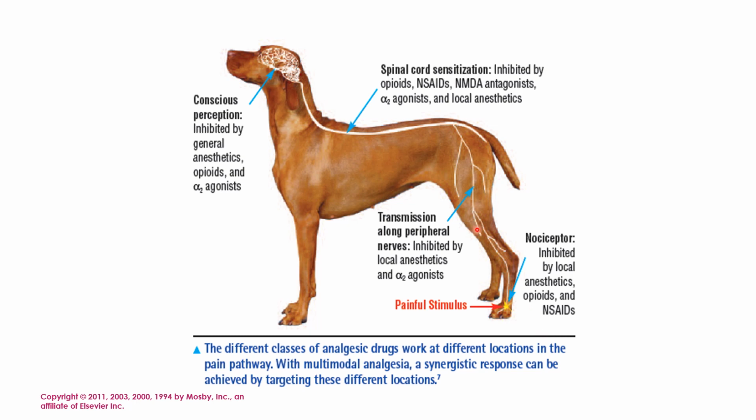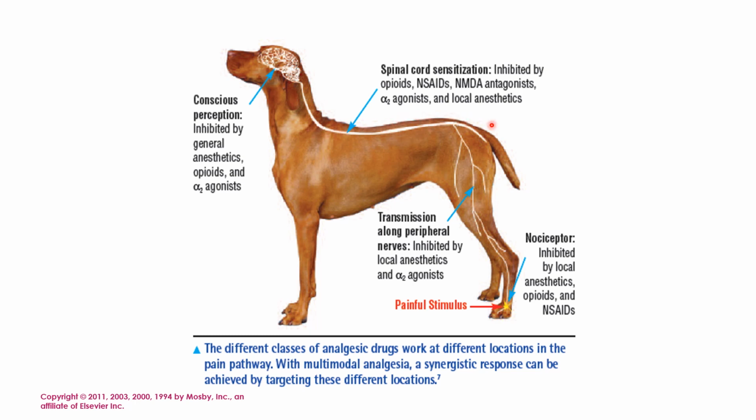In the transmission pathway, particularly along the nerve fibers, the pain or sensory impulse can be inhibited by local anesthetics and alpha-2 agonists. So of course, alpha-2 agonist is also an analgesic. At the level of the spinal cord,